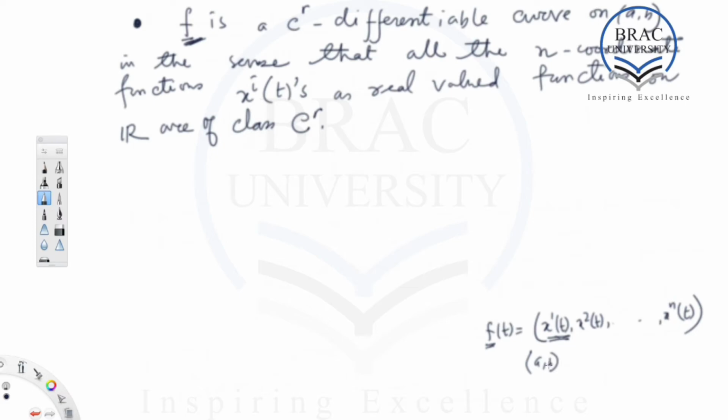Okay, so that was the first point. It is a C^r differentiable curve on this interval AB. The second point is, for any value t0 lying in this interval AB, the function f, which was chosen to be the C^r differentiable curve on AB, is mapped to an open set of R^n. Okay, now